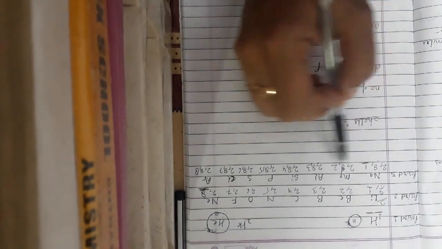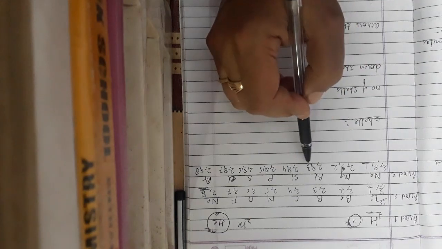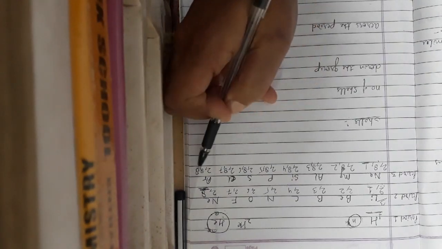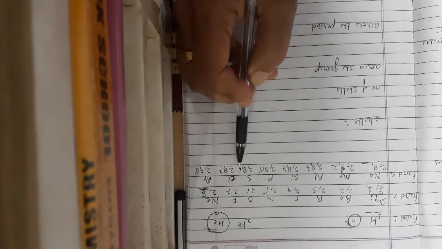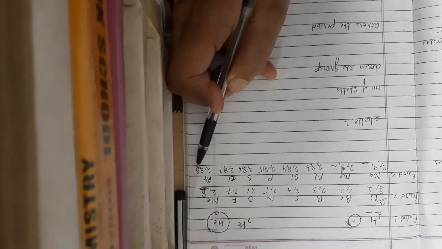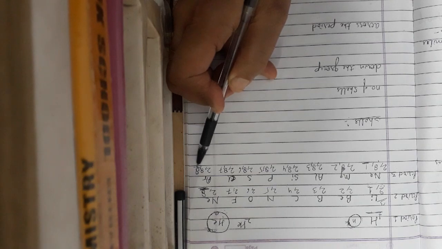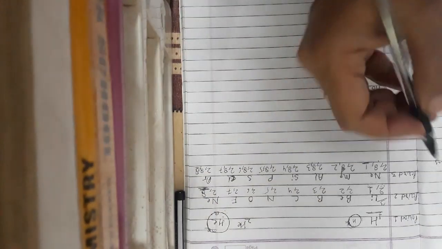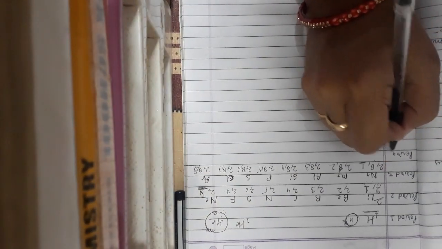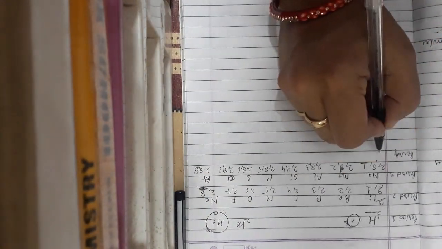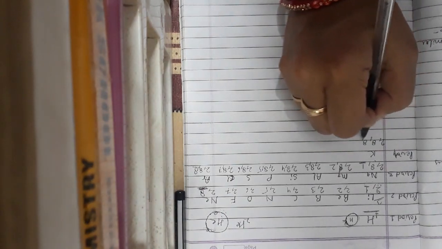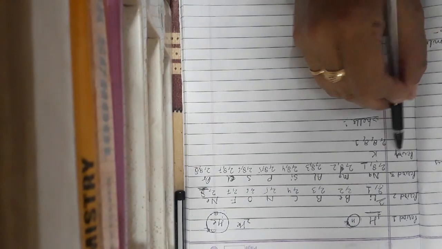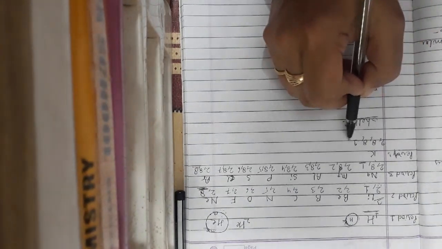Now this period will continue till the third shell has a maximum of 8 electrons in the valence shell. You can check 2-8-1, 2-8-2, 2-8-3, 2-8-4, 2-8-5, 2-8-6, 2-8-7, 2-8-8. Again the third shell is complete. Now the next shell has to be started with the next period. Period number 4, of course, will have 4 shells. The next element is potassium, configuration 2-8-8-1. Okay, the fourth period starts with 4 shells.